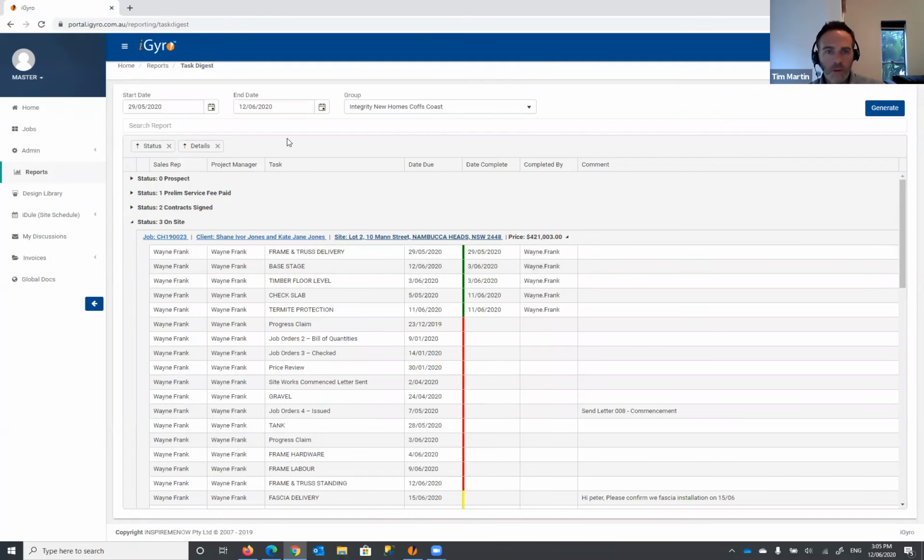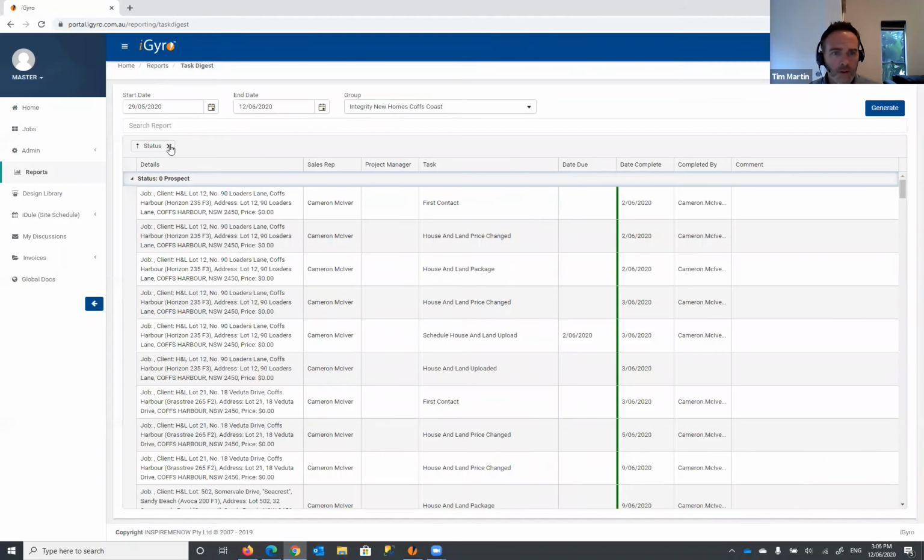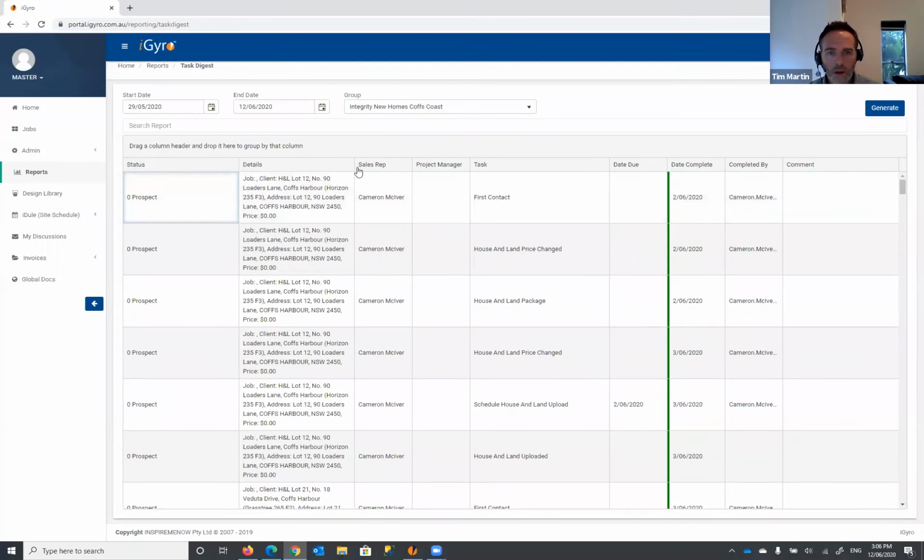All right, so some more advanced features in this, which probably aren't all that appropriate for this particular report because it's probably laid out in the best way it can be for this style of information. But these column headings here, we can group them by those columns. So if you drag one of these, I'll just cross those off. And we can drag by, say, sales rep, for example. So if we group them here,